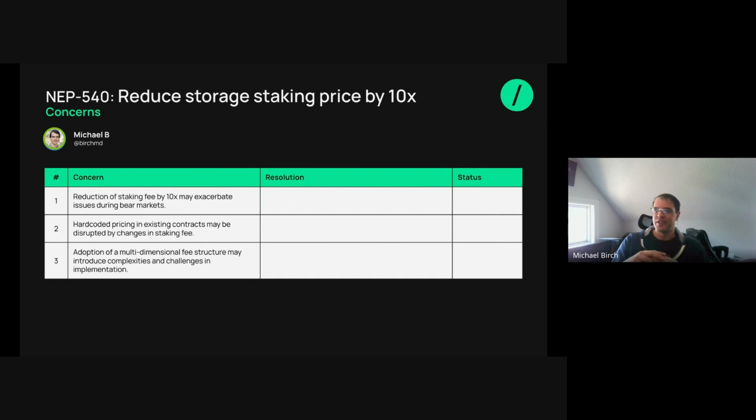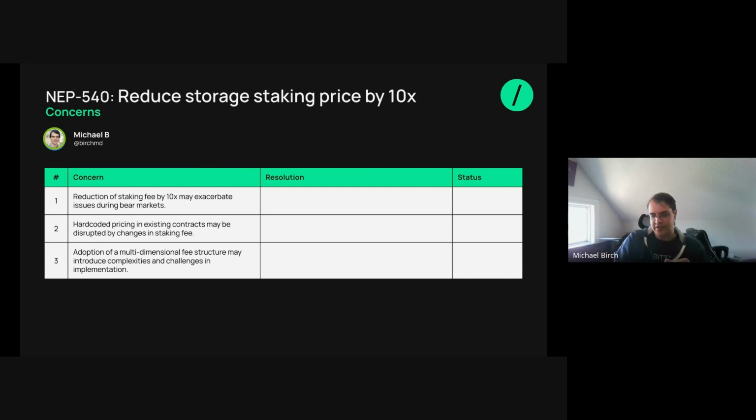I don't think that this is a good idea because it creates a certain amount of risk, right? The token price, this is crypto, right? It's volatile. It could be up today, down tomorrow. Who knows, right? Like I don't, and unfortunately, fortunately and unfortunately, the process we have to update these things is a little bit slow, right? So unless there was a proposal specifically for making it dynamic, there's no way that we can respond all the time. So if we decide to reduce it by 10x today and then the price drops back down, and so, okay, well, now let's have an NEP to bring it back up. I don't think it makes sense to put that work on ourselves.